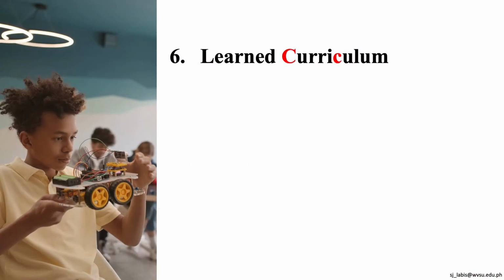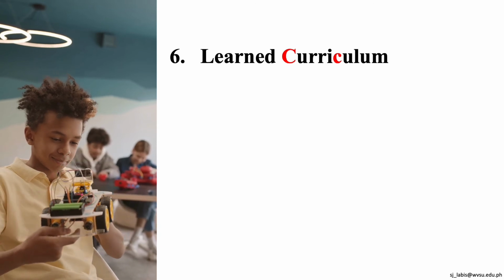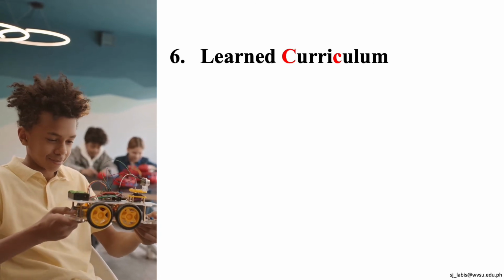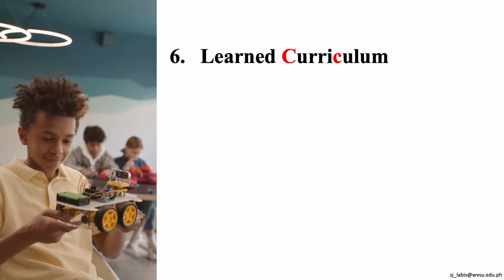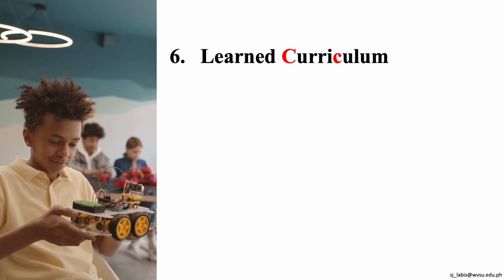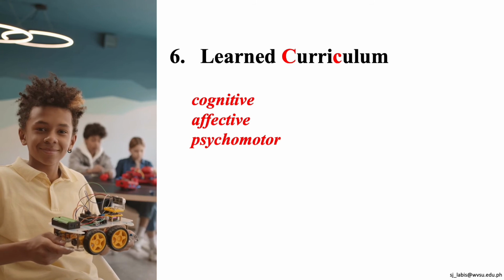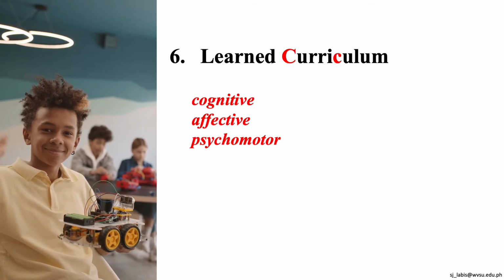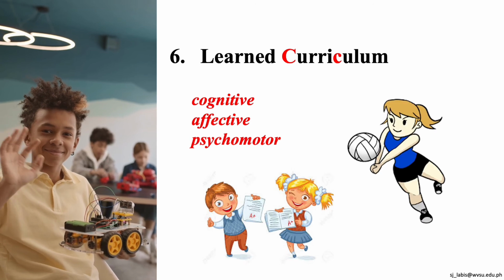The next one is learned curriculum. This refers to the learning outcomes achieved by the students. How do we know if the student has learned? We always believe that if a student changes behavior, he has learned. Learning outcomes are indicated by the results of the tests or changes in behavior which can either be cognitive, affective,